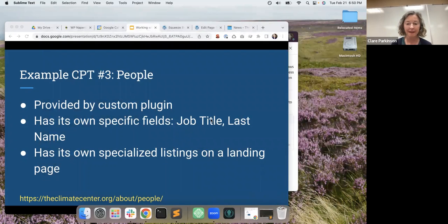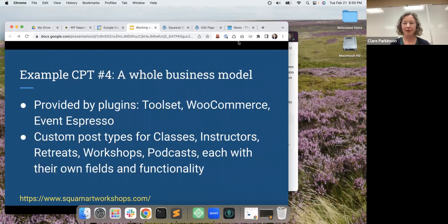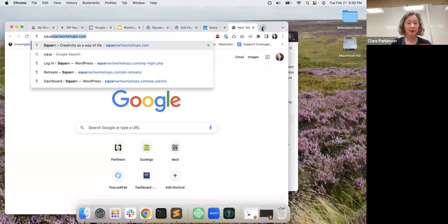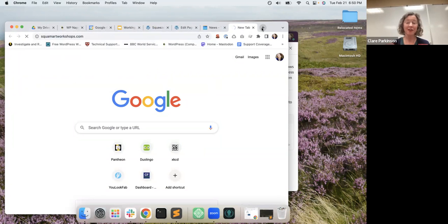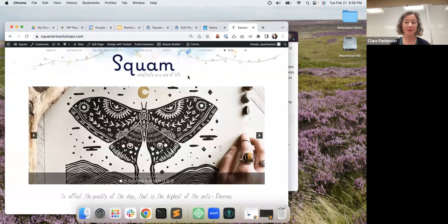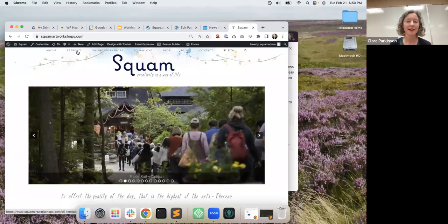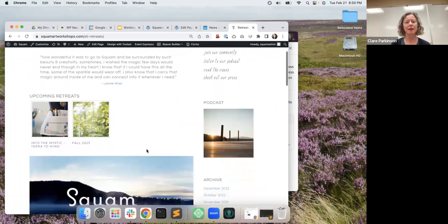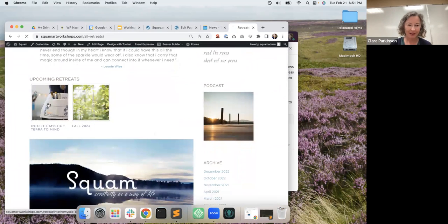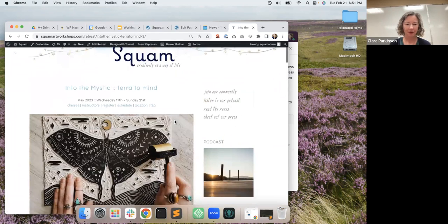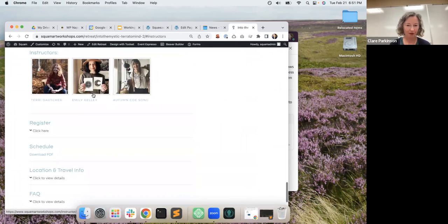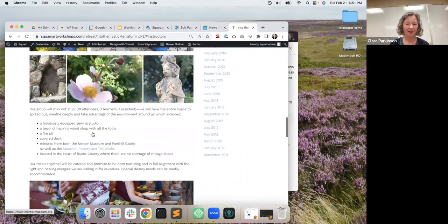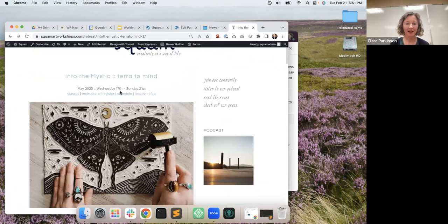This next one, which is a complicated business model, was built by my colleague, who is a designer, not a developer. She doesn't describe herself as a developer at all, but this very complicated website, for a sort of creativity spa retreat, has events and retreats that are custom post types. They're associated with instructors. Each instructor is an example of an instructor custom post type. They have sessions and classes,